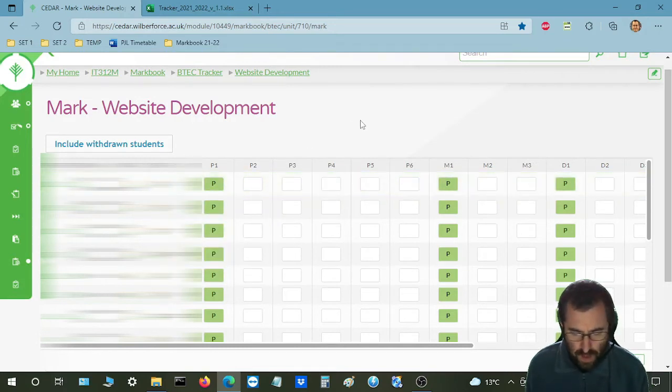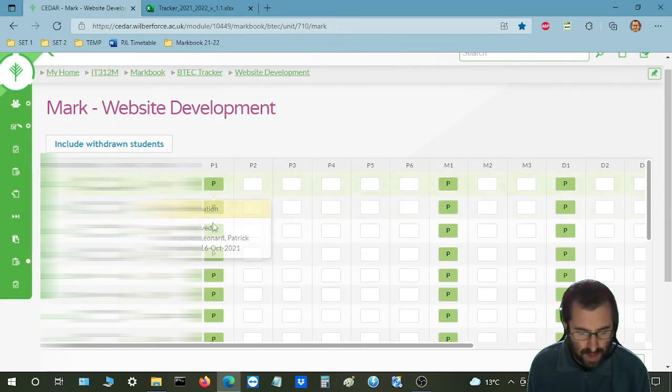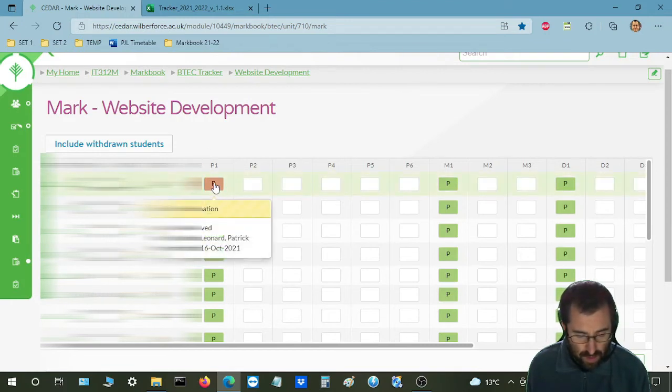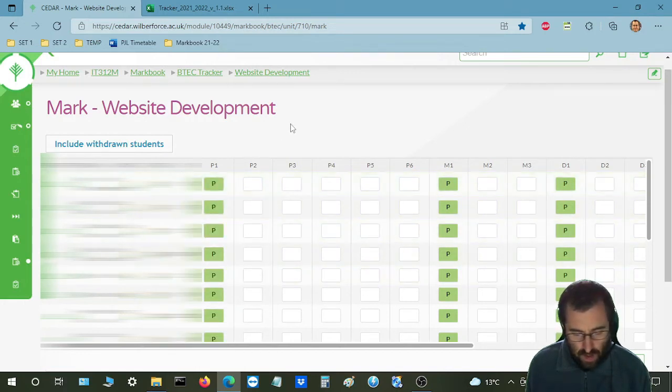But what if you realize to your horror that actually you've put passes in the wrong column, for example, and you want to remove all of these passes and put them in here, by way of example. So that would ordinarily mean having to manually click on this box 1, 2, 3, 4, 5, 6 times to remove that P mark, and then the same again, all the way down. A lot of clicks. Well, just first of all, to let you know that you cannot use this heading to alter